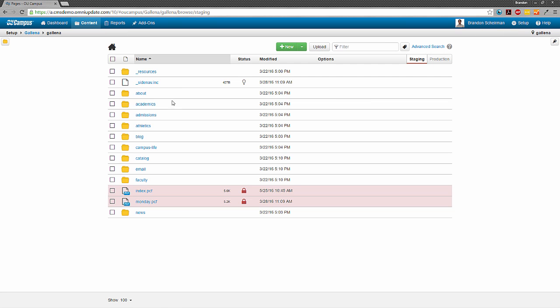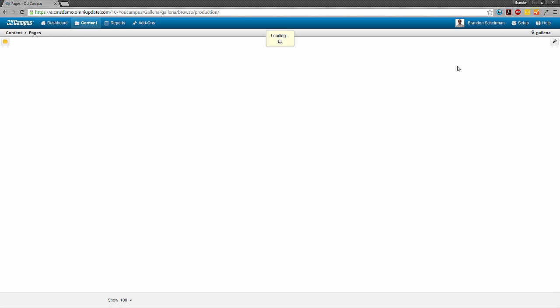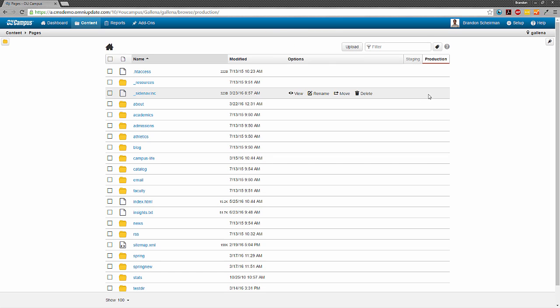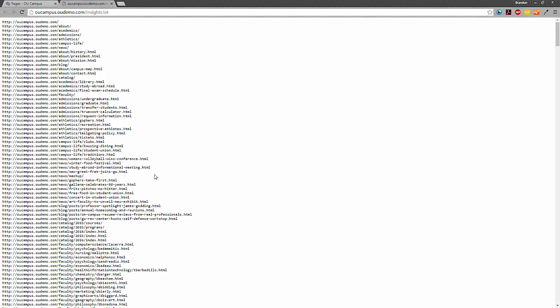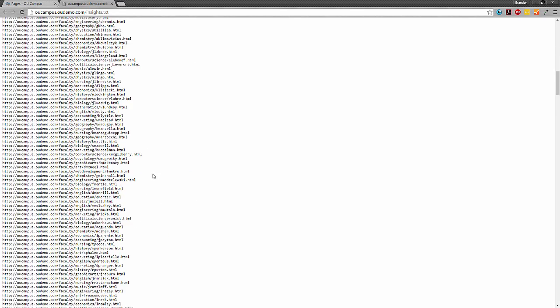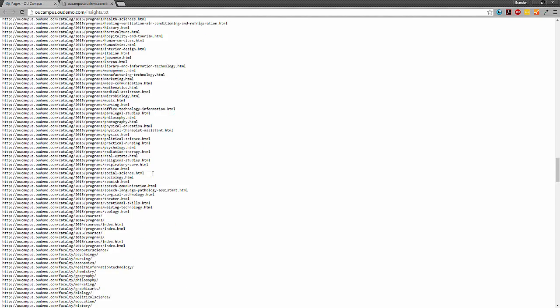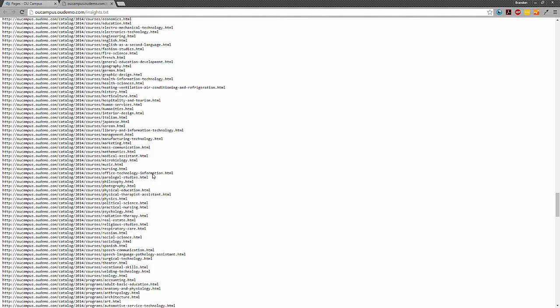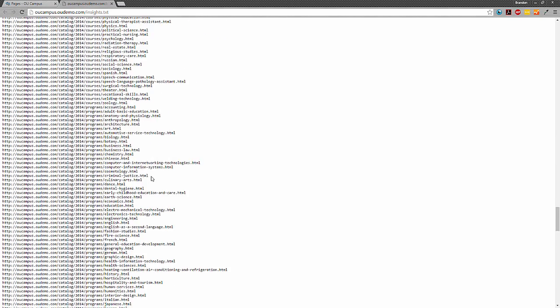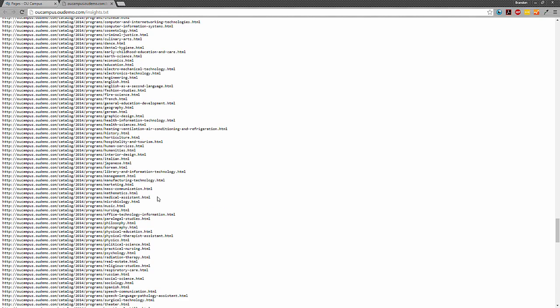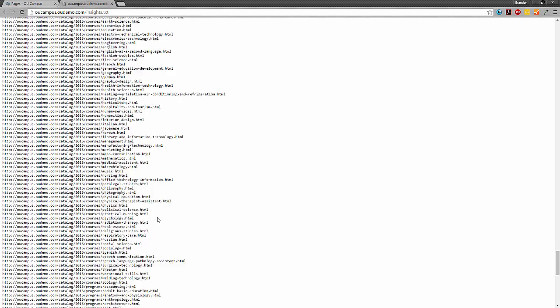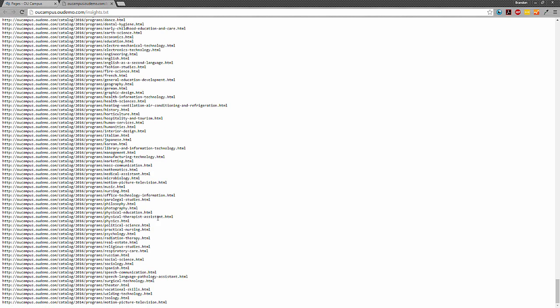So if I go into my pages list view, hop over to the production server, we can see that I've got this file, insights.txt, and if I click on it, I can see that it's simply a list of all of the links that I want Insights to scan. And then Insights will run through all of these, and it'll generate a hierarchy and so on from that, in the page reports section of Insights.